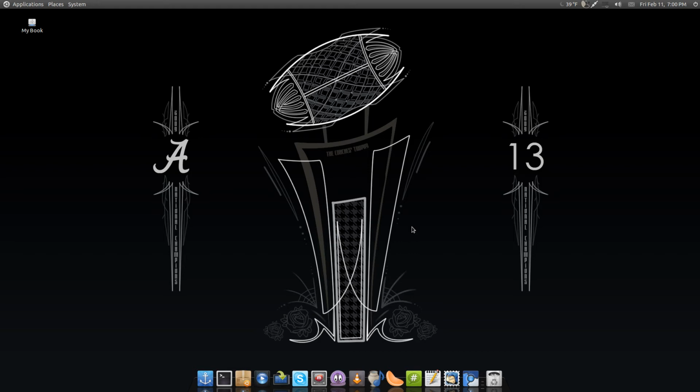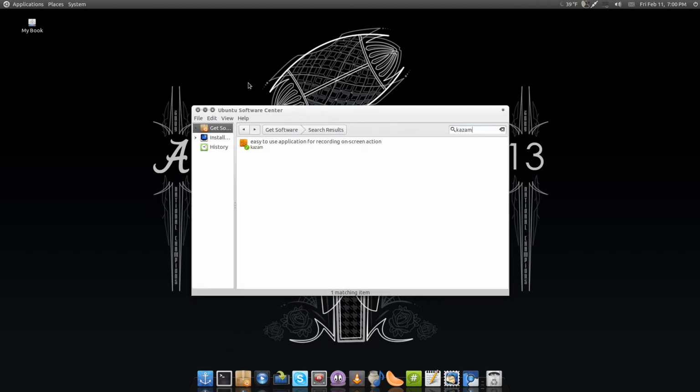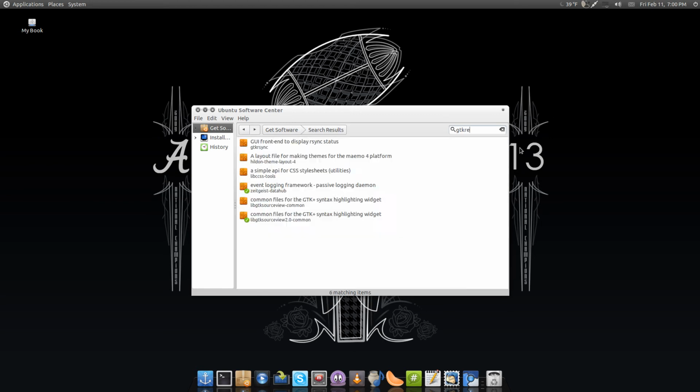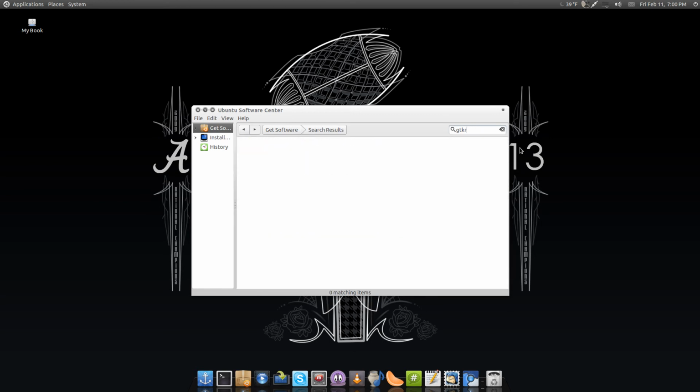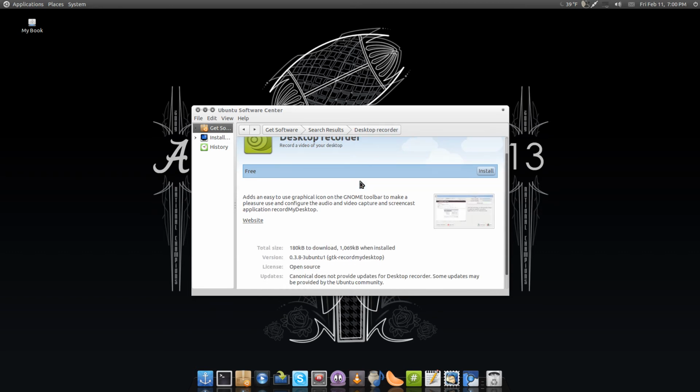First off, the thing that you want is a third-party program that does screen capture, and hopefully it will do audio capture as well. There's a couple interesting ones. If you go to the Ubuntu Software Center and search for GTK record, here you go. One of the most popular ones is GTK Record My Desktop, but it records in an